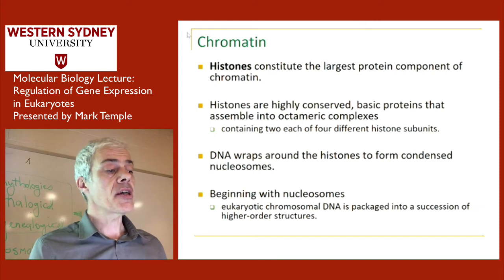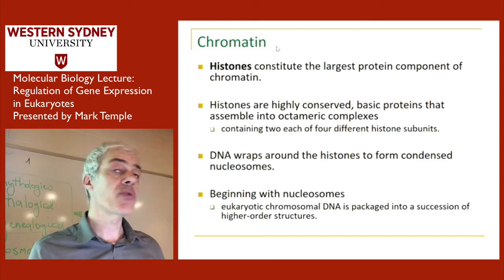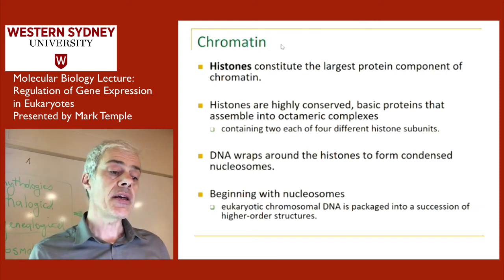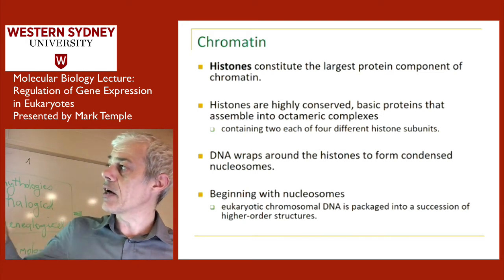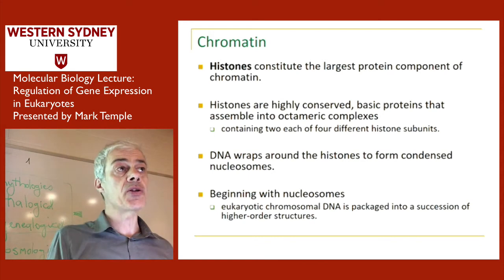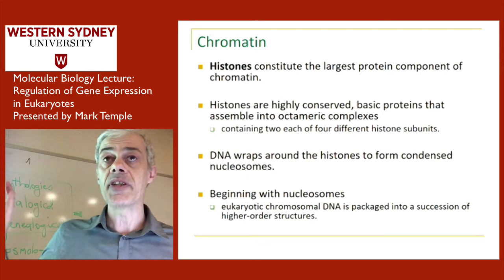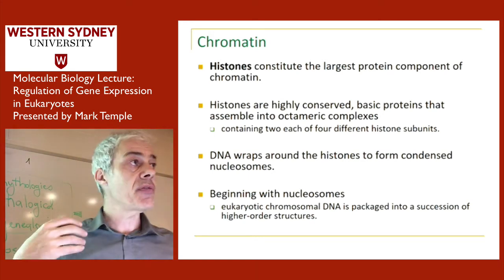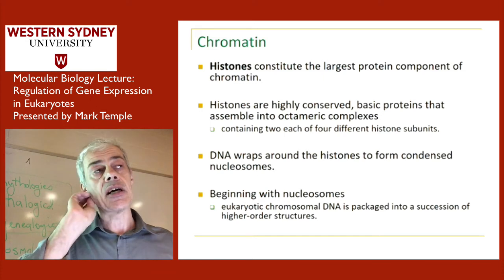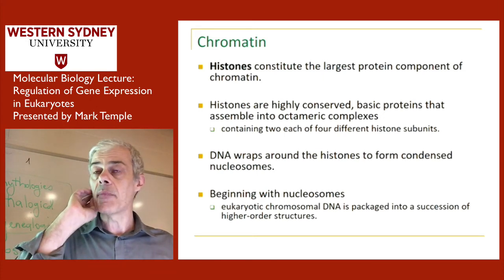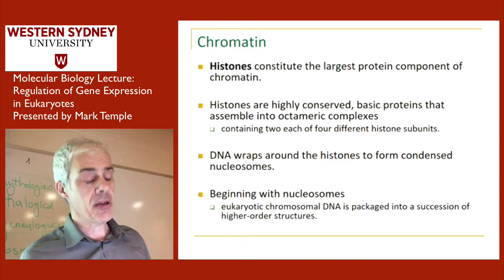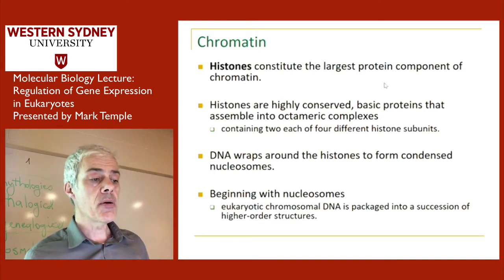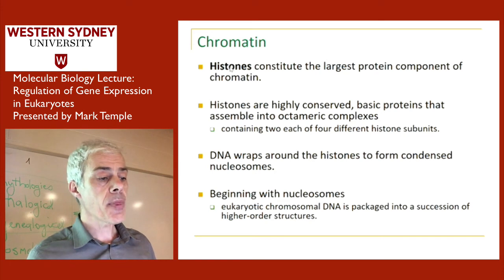So, like I said, chromatin is a complex of proteins and DNA. The protein that occurs in the highest amount, if you like, are the histone proteins. But there are other proteins that constitute chromatin. One of the ones we'll see in a few slides' time in the pictures is HMG proteins, high mobility group proteins. We'll see those, and there are probably others as well. But histones are the most common.